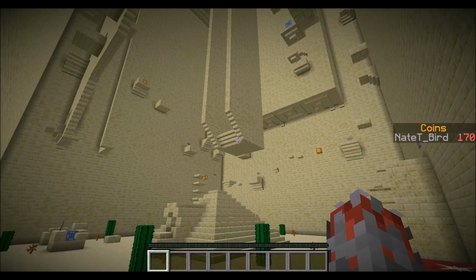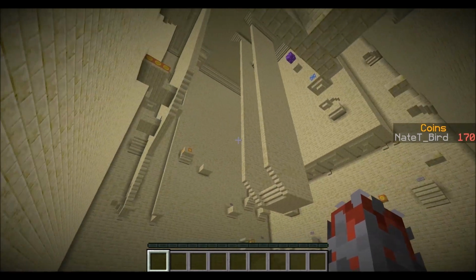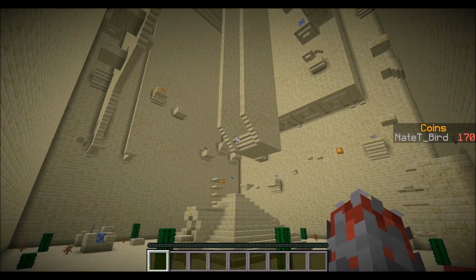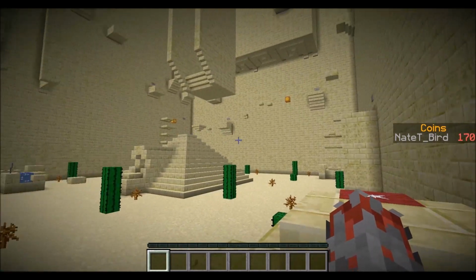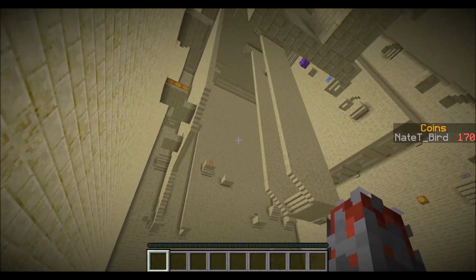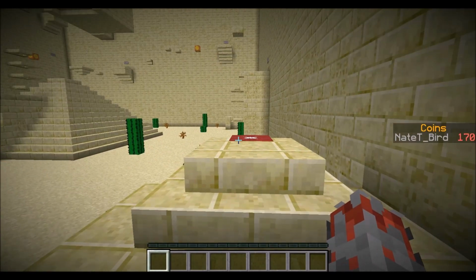I was not able to make that idea come to light because, well, being inside of a pyramid would be extremely small. It would be cramped, and you wouldn't be able to do very much. And so I kind of just made it a big desertish area. Anyways,